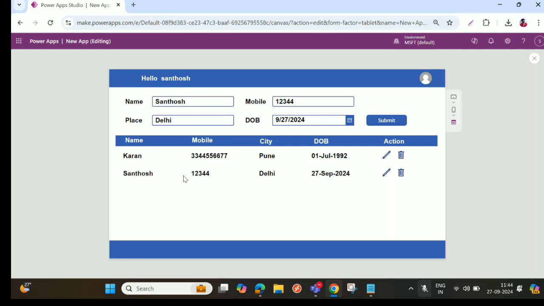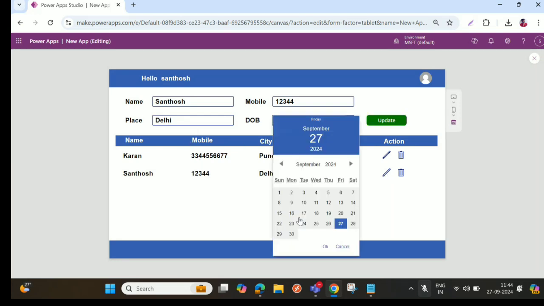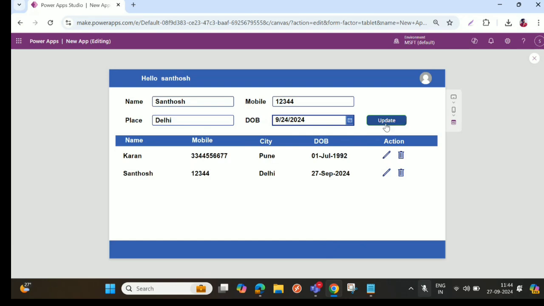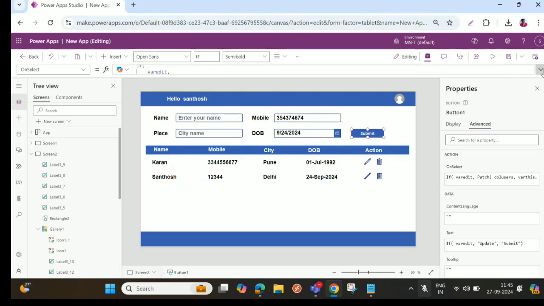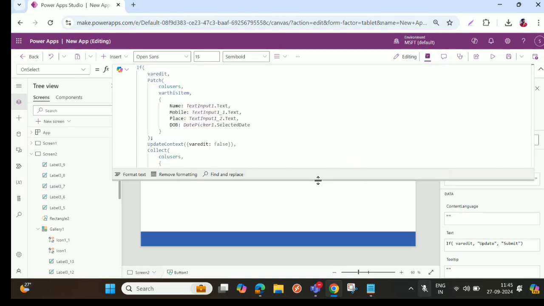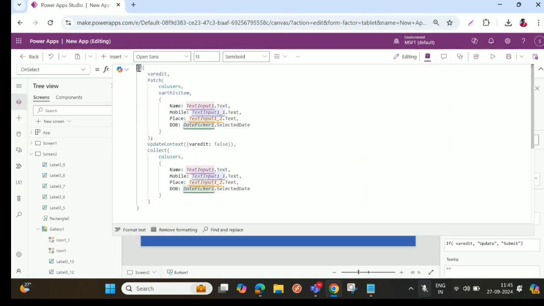Okay, so this is how we can see it, and we can also add some validations on the labels. For example, if without writing my name I am entering my mobile number and just putting this, there will be a blank field available in the gallery, which is not looking good. So I can write the validations on the submit button. Before submitting this, I can write some validations over here. So for that,